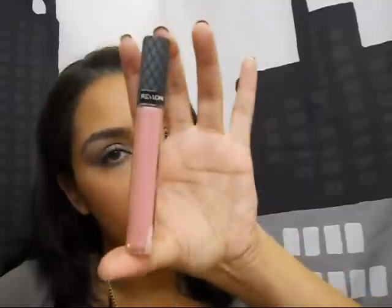Okay, now to finish things off, we're going to use a lip gloss. I am going to use this lip gloss by Revlon, and the color is Crystal Lilac. Okay, that is it. It's a very simple